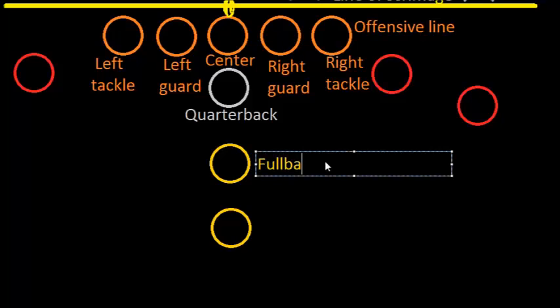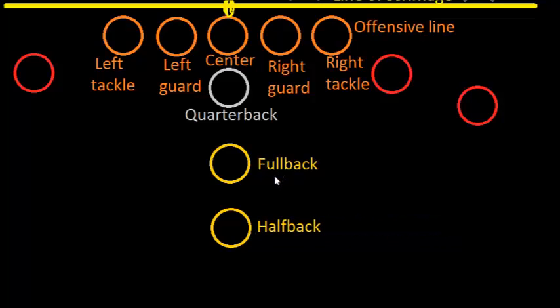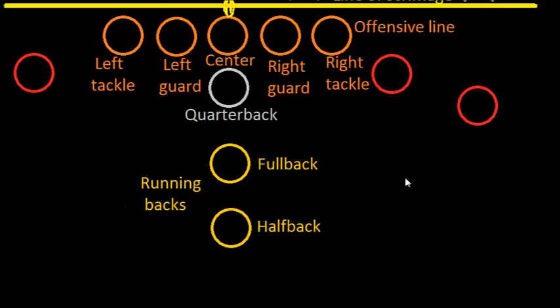Now behind the quarterback you have the fullback, and behind the fullback you have the halfback, which sounds a little strange because the halfback, based on his position, seems like he should be in a different spot, but this is the fullback and the halfback. Both these guys are called running backs, and when the ball is snapped, the quarterback can decide to hand off the ball to either of these two guys. Typically the quarterback will hand the ball off to the halfback, but if he decides to pass the ball, then